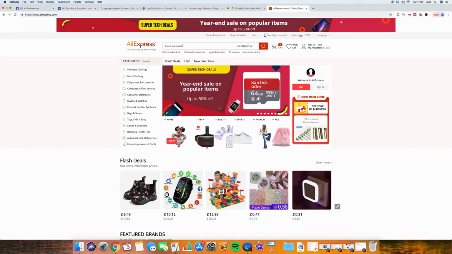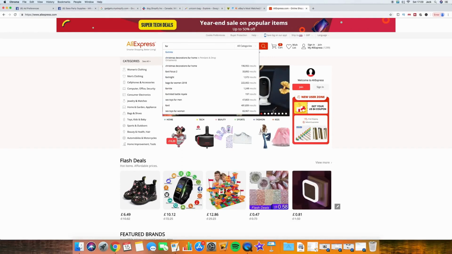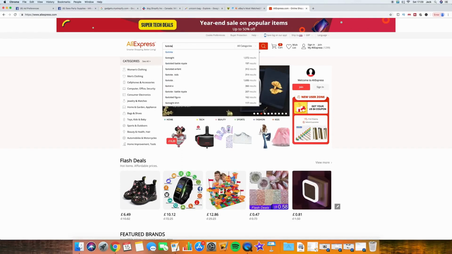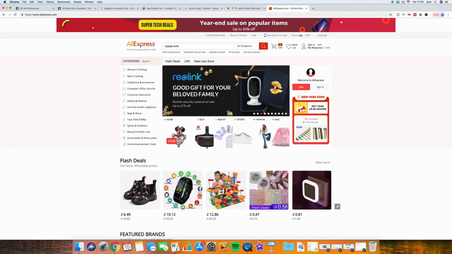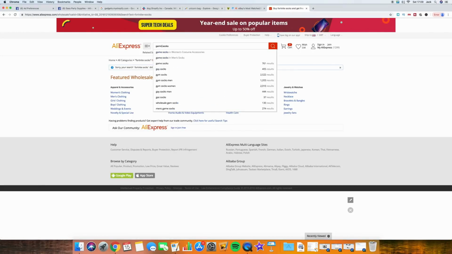Now, AliExpress is pretty good at blocking out specific brand names. So if we were to search for Fortnite socks, the chances are it probably won't show us anything, because they want to stop people selling trademarked items. So for example, as you can see, "Sorry, your search didn't return anything." But if we put something like gaming socks,